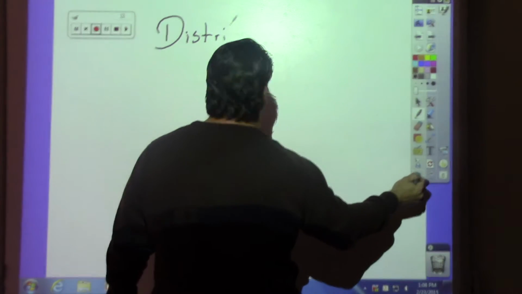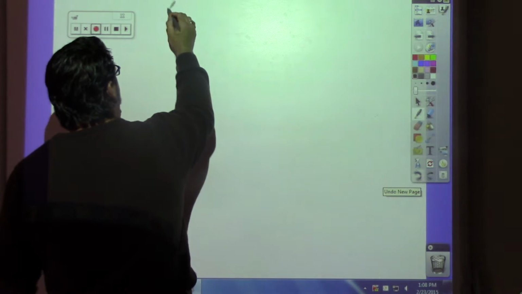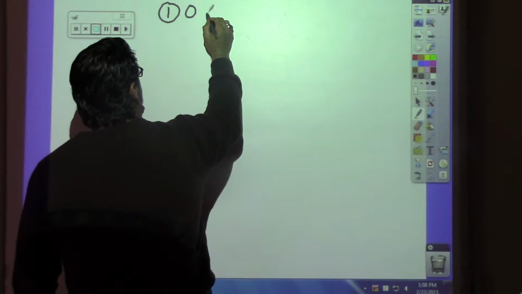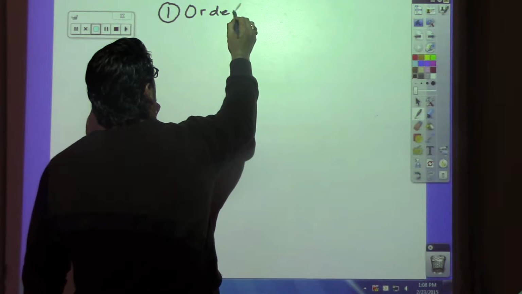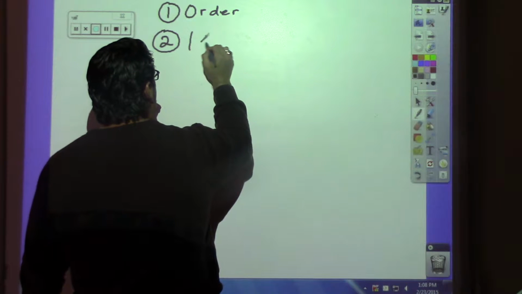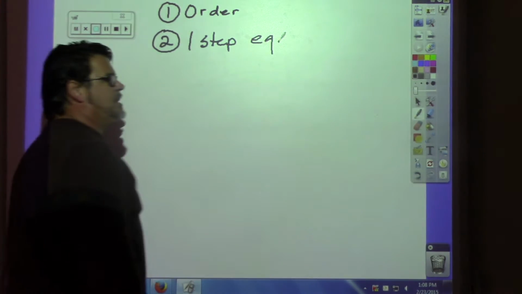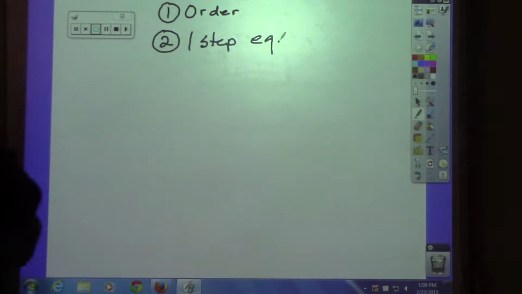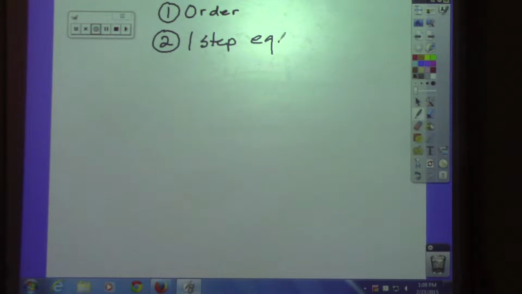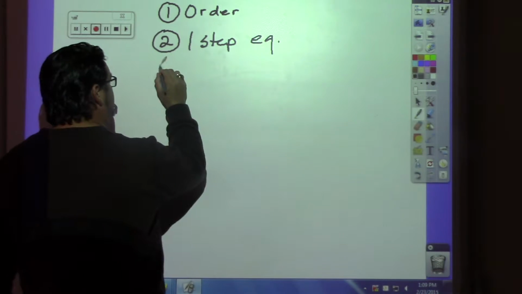Before I go to the distributive law, let me just reiterate what we've gone over so far. First, we went over order of operations. Second of all, we went over one-step equations. The one-step equations was x plus 4 is equal to 2, x minus 4 is equal to 6, 2x is equal to 8, and x over 3 is equal to 7. And I think I gave y'all 4. Then 3